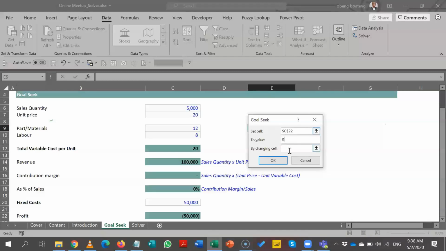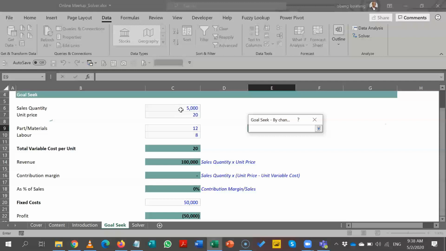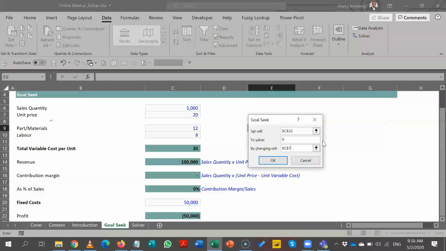What are we going to make dirty? Or what should we change? We are going to change either unit price or sales quantity. So in this case, let's assume we are finding the right price. In fact, we cannot charge below this price if we want to survive in the market. So this is a one variable decision model. So if you are practicing with me, C22 is set to 0. I am changing C7, which is my unit price. Now, if I click OK,